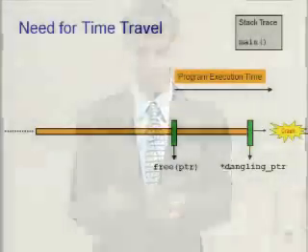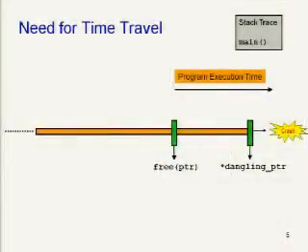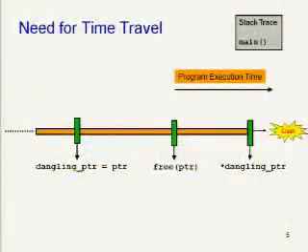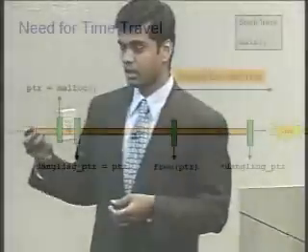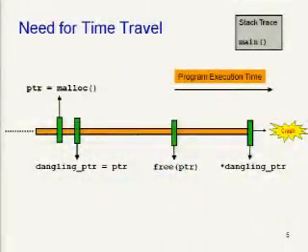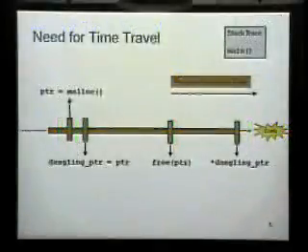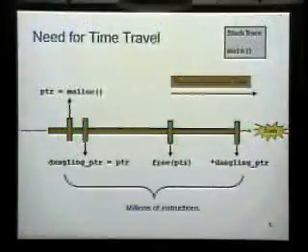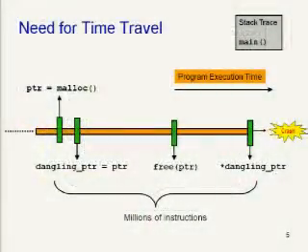What I really need is an ability to travel back in time and understand that, okay, sometime in the past, I freed a pointer, and that memory location is what I'm trying to access now. And perhaps even go further back in time and see how the two pointers are related, and go even further back and see the location where I actually allocated the piece of memory. So this could span millions of instructions,